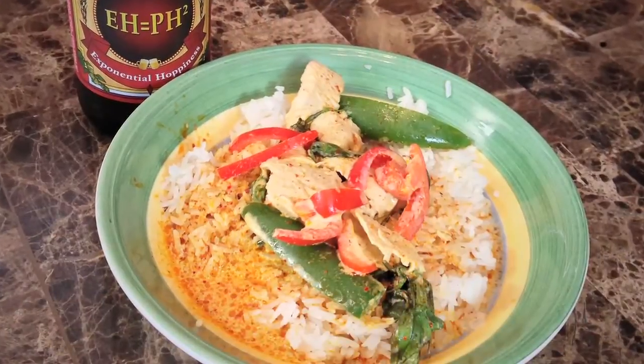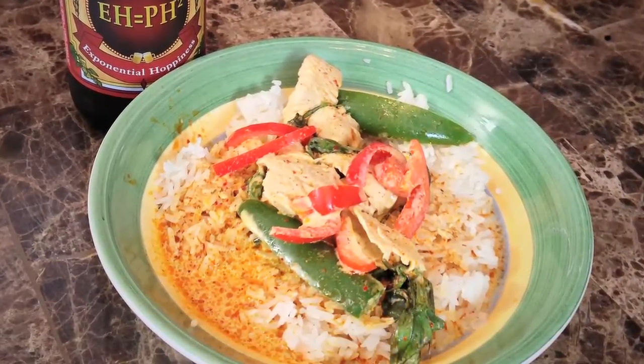So I thought we'd start off with a bang, literally. So we have some fabulous Penang Curry from a great little Thai place by me. You know, everybody knows about the Scoville units for chilies and peppers. Well,